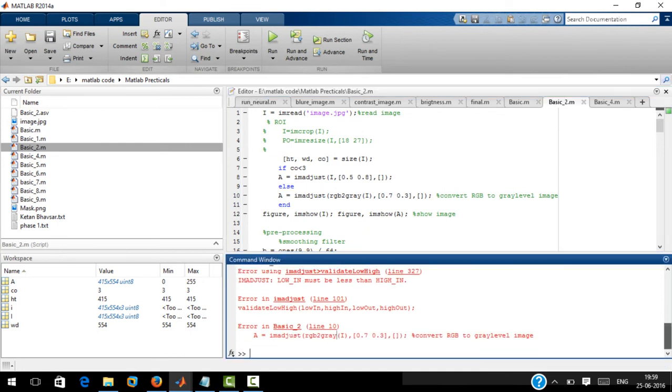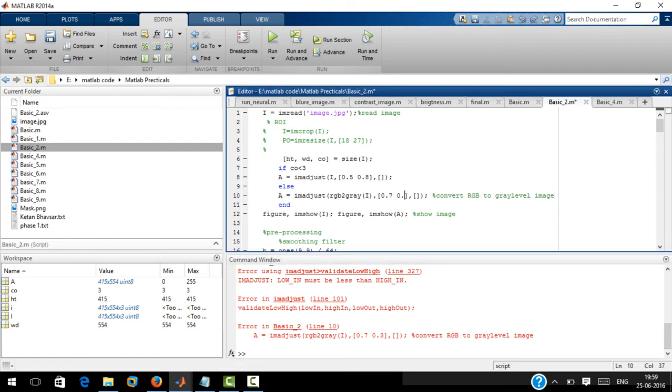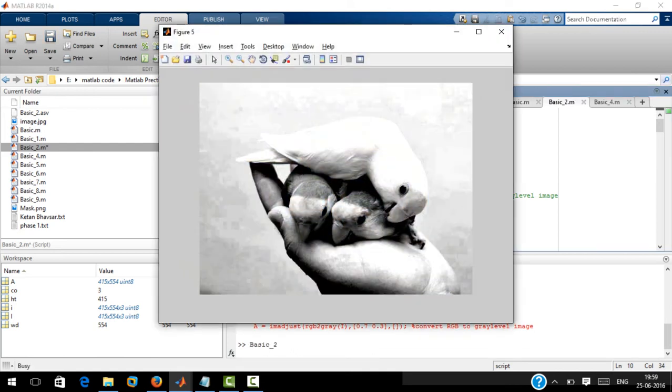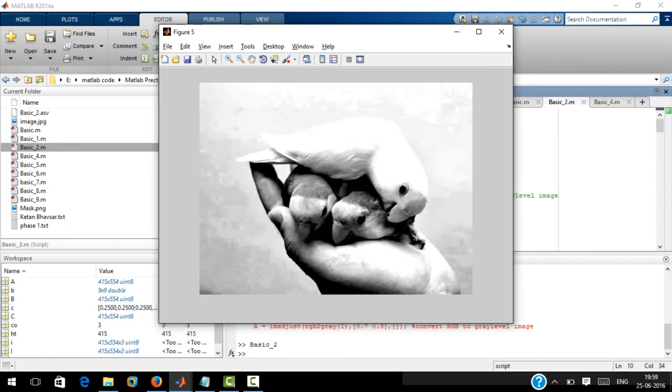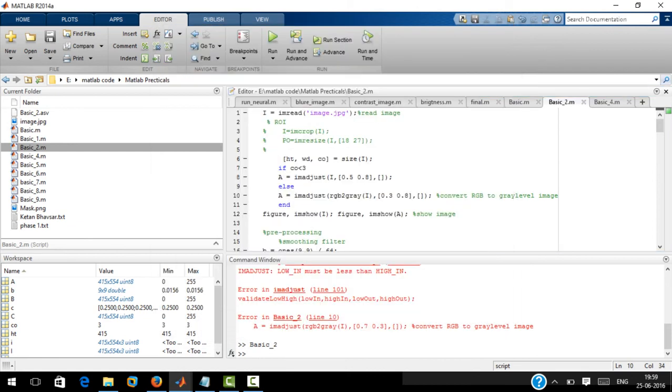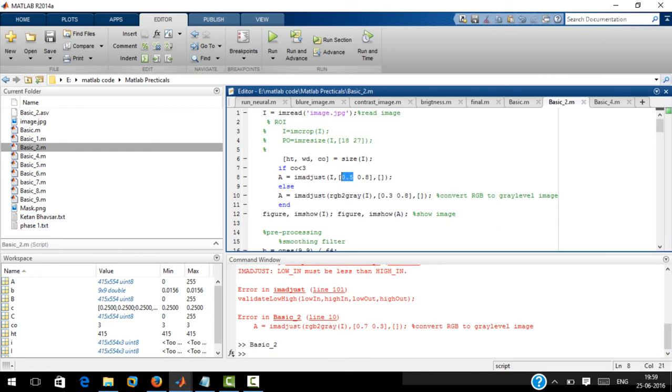So we have to change it back to the original form. As you can see, these are the basic variations in the images as shown previously. Basically this one is for the brightness and this is for the contrast.